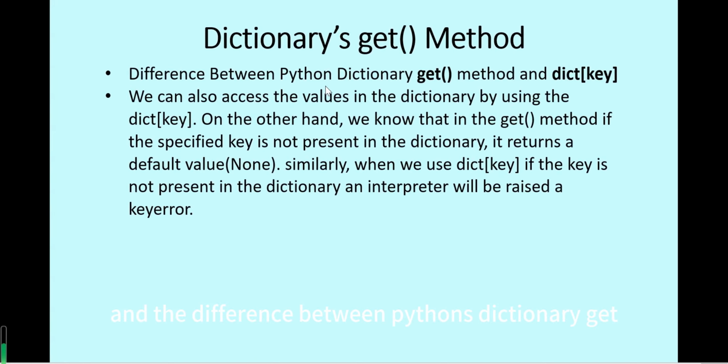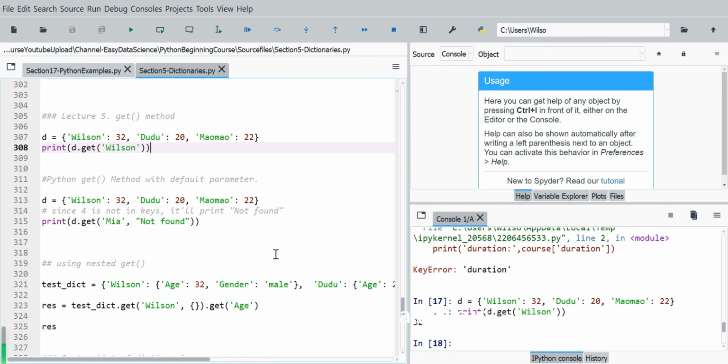And the difference between Python's dictionary get method and dict keys method. We can also access the values in the dictionary by using the dict key. On the other hand, we know that in the get method, if the specified key is not present in the dictionary, it will return a default value of None. But when we use the dict key method, if the key is not present in the dictionary, the interpreter will raise a key error. So we will show all this in